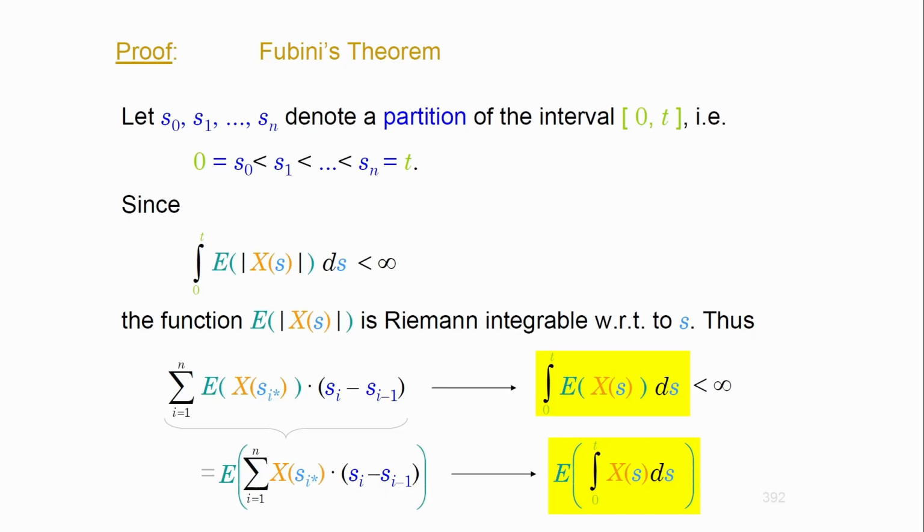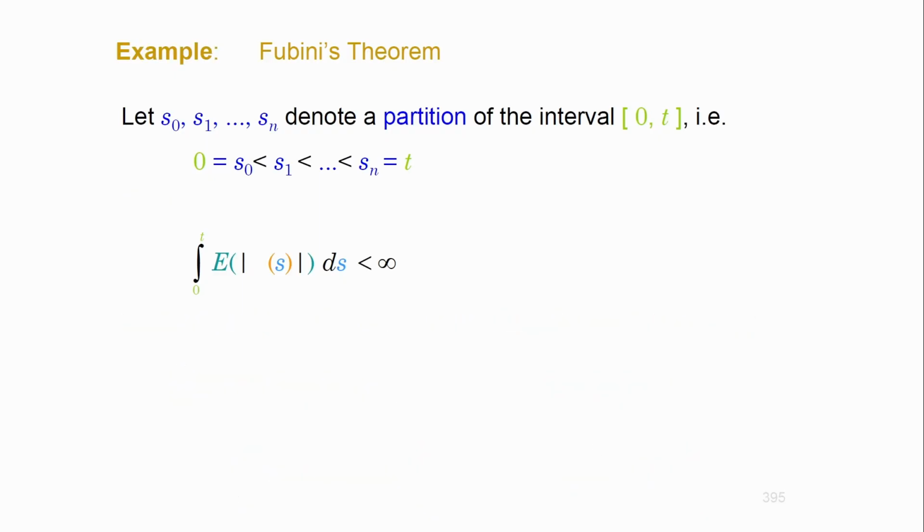Okay, so I'm going to address this and apply it to Wiener processes. Let's see what it would be, because I would need to find expectations and variances and so forth, where the Wiener process is involved in stochastic integrals. Again, keep in mind, guys, stochastic integrals are random variables in general. So I would need to address their expectations and variances. Fubini's theorem allows me to do it, but there is a precondition to this.